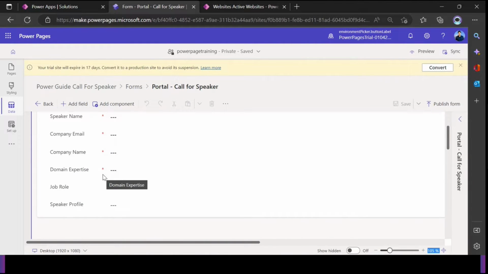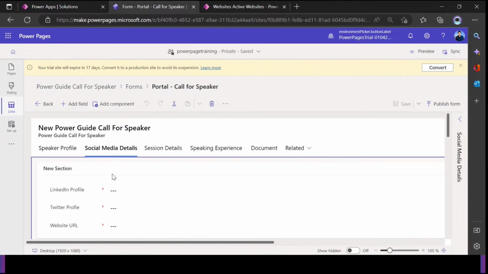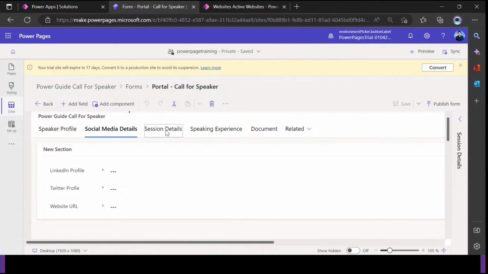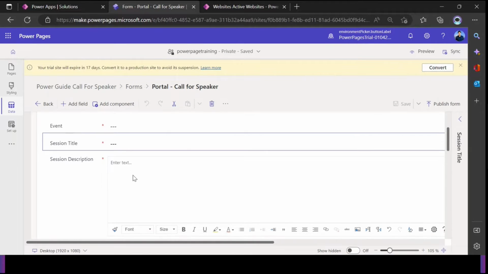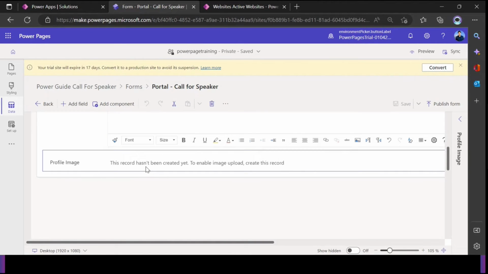OK, what is their current role, and social media details section. They can provide their social media details, session details. So this is the must-have information. They need to provide the event for which they want to submit their event or the session. So session title, description, and if they want to upload the profile image that they want to display onto